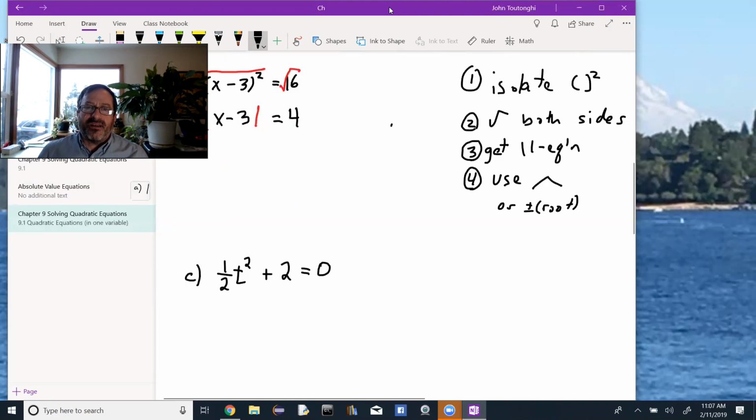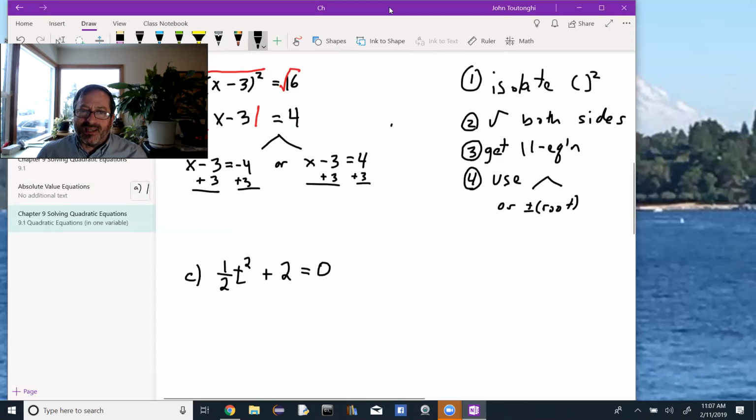So in this case, we don't have a root on the right, we have a 4, so I'm going to branch it out. Whatever's in the absolute value, in this case x minus 3, is going to equal -4, or whatever is in the absolute value x minus 3 is going to equal +4. After you break it apart, the process of solving these equations should be the same. So the step that I'm doing here, adding 3, I can do it to both equations at the same time, and that allows a little checking mechanism that I didn't change the signs on the thing inside the absolute value. Here I get x equals -1,